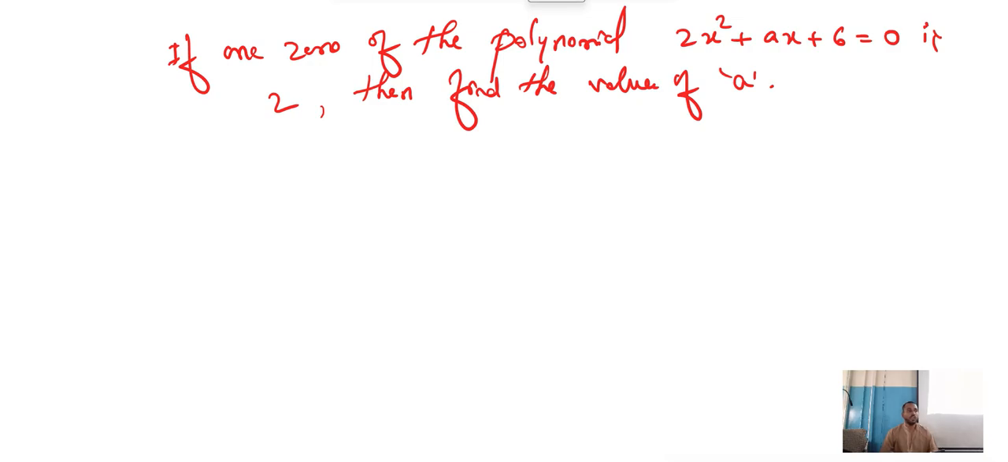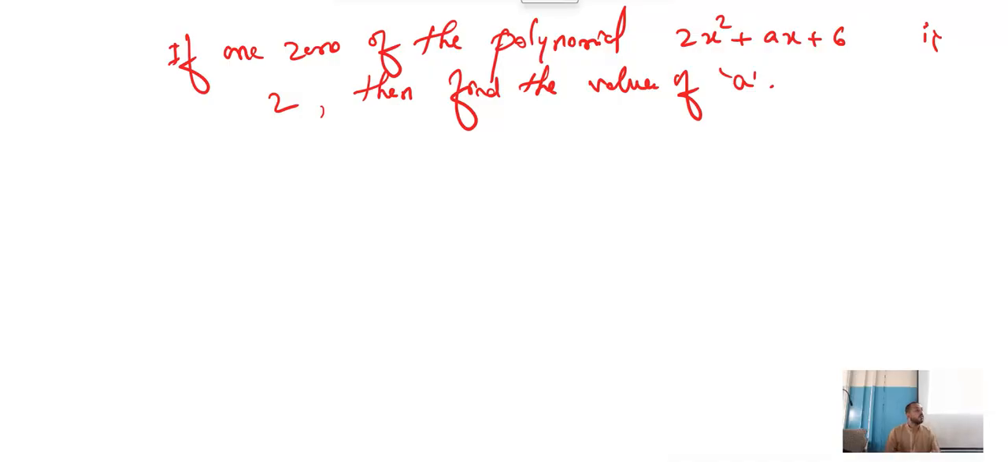If one zero of the polynomial 2x square plus ax plus 6 is... actually, they said polynomial, right? If they say polynomial, they won't give "is equals to 0". If it is an equation, they'll give "is equals to 0". If it is a polynomial, they won't give "is equals to 0". If one zero of the polynomial 2x square plus ax plus 6 is 2, then find the value of